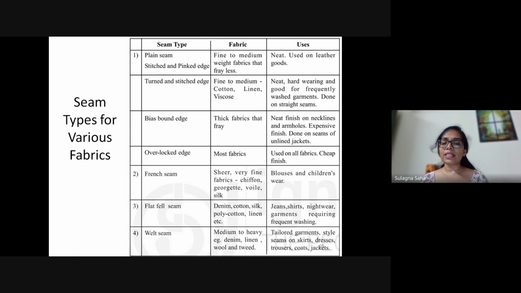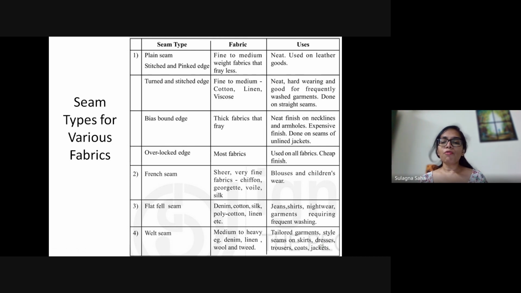Again, in jeans this is used a lot in the inseam, and in shirts at the side. These are again very sturdy seams. French seam and flat and fell seam are two seams which work very well. French seam looks very classy. Flat and fell seam, on the other hand, might not look classy, but it's very, very sturdy.